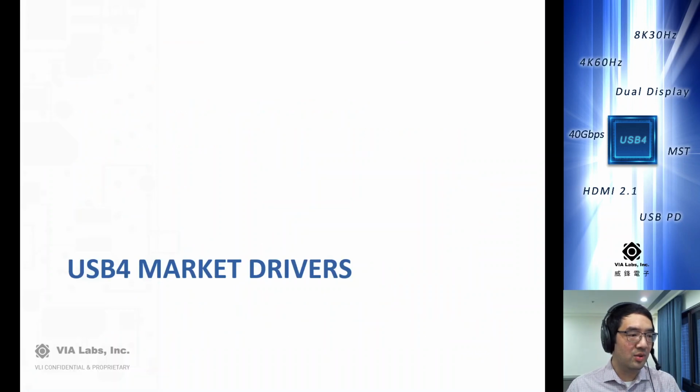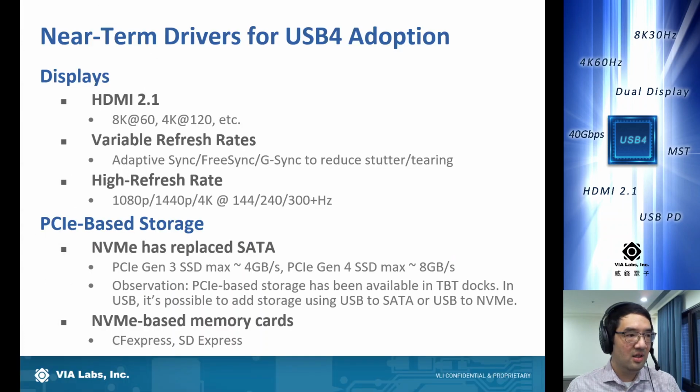Okay, so on this part, we're going to talk about some of the USB 4 market drivers. In terms of the market drivers today, we see two major categories that are helping drive the adoption of USB 4. One of them, of course, that we didn't list today is the availability of host platforms. Basically, all of the new platforms made by Intel, made by Apple, and also by AMD, who announced their Ryzen 6000 series at CES 2022, support USB 4. So we now have a broad USB 4 host ecosystem.